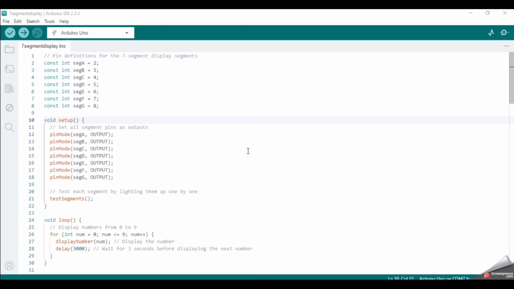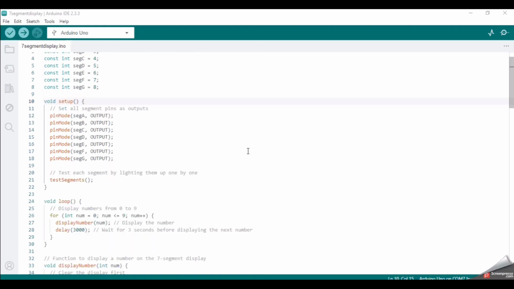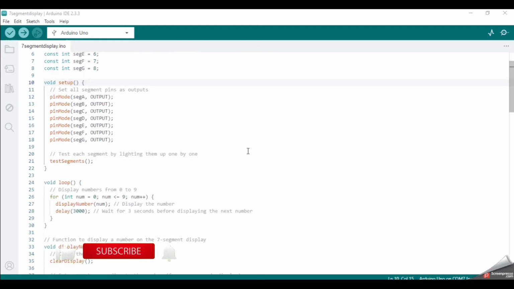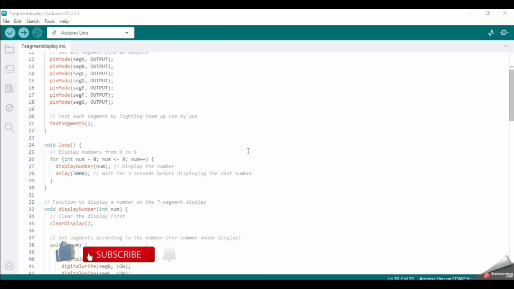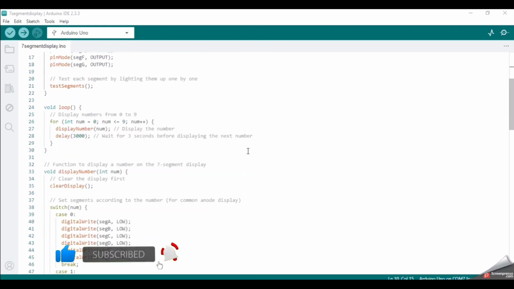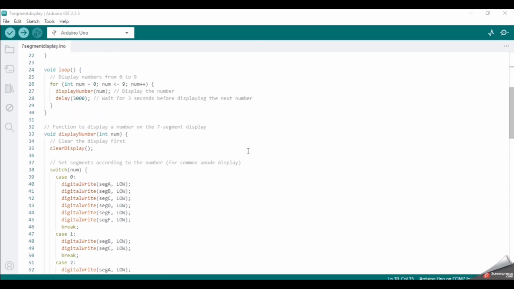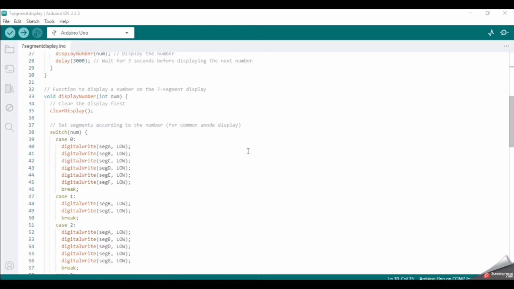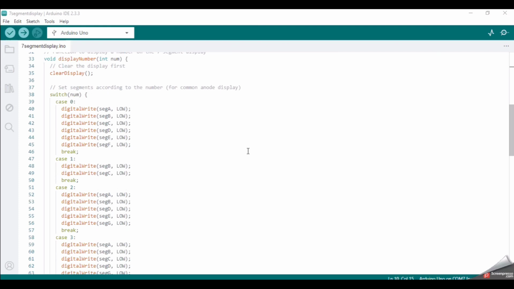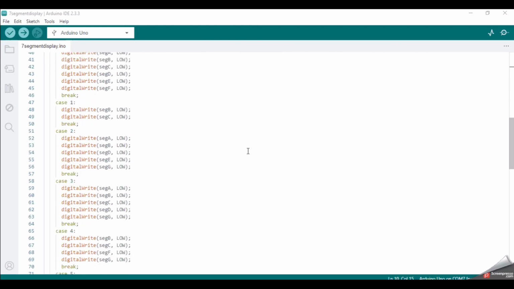I've written a simple program that displays the numbers 0 to 9 on the 7-segment display. The code starts by defining which pins of the Arduino are connected to which segment of the display. In the setup function, we initialize all the segment pins as outputs. Then there's a function, test segments, that lights up each segment individually, one by one, so we can make sure